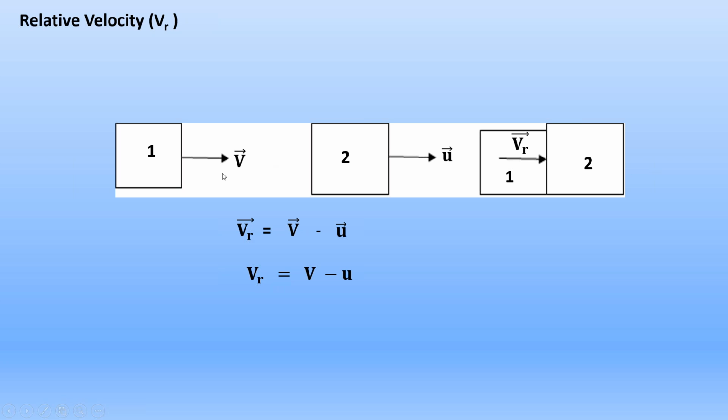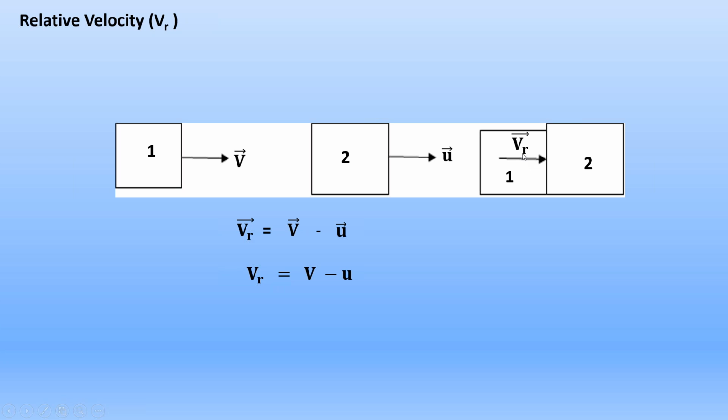If the velocity of the water jet v bar is more than the velocity of the moving plate u bar, then this water jet will strike the plate. When the water jet strikes the plate, it strikes with relative velocity. Whereas in the previous discussions, when the metal plate was at rest, the water jet struck the metal plate with velocity v. But here the water jet strikes the moving metal plate with relative velocity vr bar.